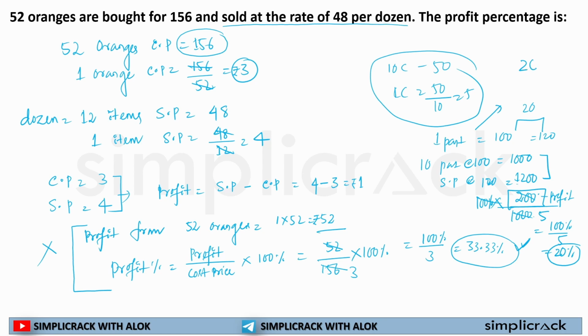Or I can simply write: 20 was my profit in one pant. Each pant's cost price and each pant's selling price was the same. So I can do what? 20 divided by cost price of one pant multiplied by 100%, and I can get the profit percentage. So in this particular question,